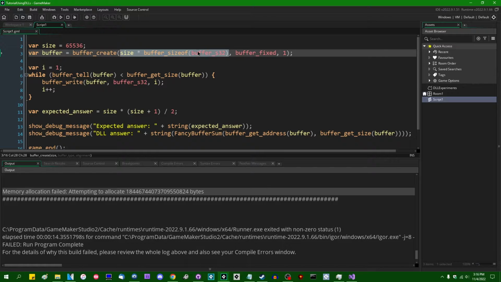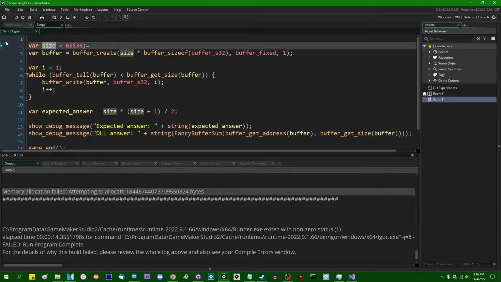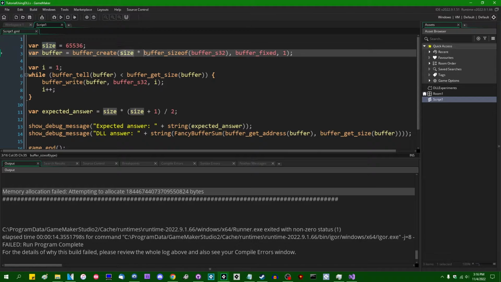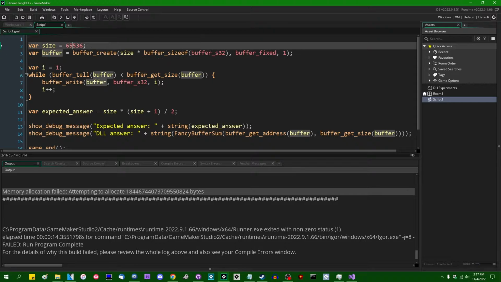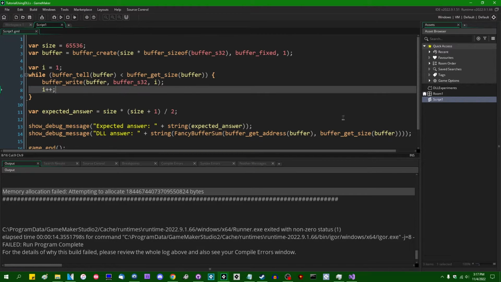So, the reason that this is happening is related to why I went out of my way to talk and complain about the size of the buffer versus the number of numbers that can fit in it. So, the actual size of the buffer here is not 65,536. It's going to be, once it's multiplied by the 4 bytes of the size of the signed 32-bit integer, something in the realm of 260,000 instead. However, there's still only space for 65,536 signed integers in the buffer,